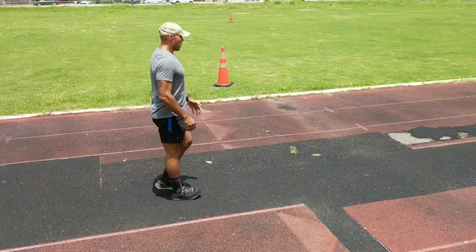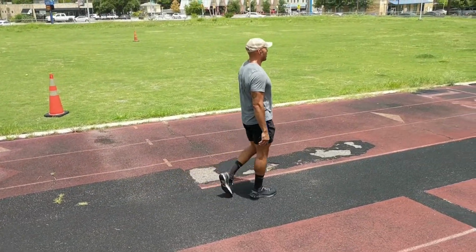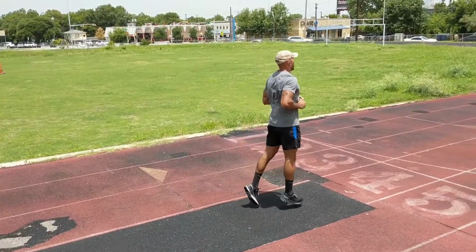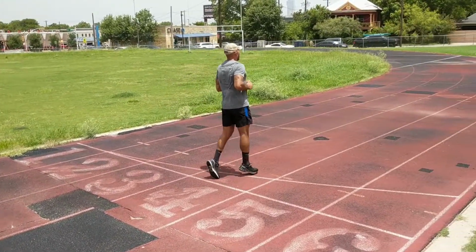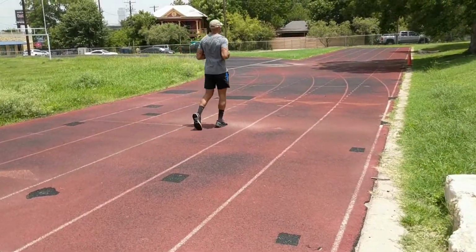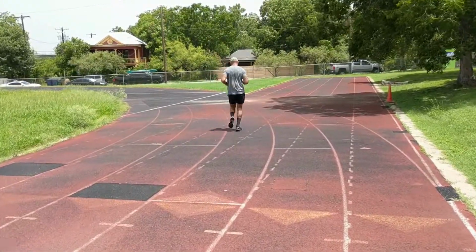But my knees came together. That's not an ideal thing. The fastest way from point A to point B is a straight line, and you don't want your knees coming in because then it's not a straight line anymore, right? You want to be as efficient as possible. So my knees should be staying straight. That's the goal. My feet, I'm already pretty